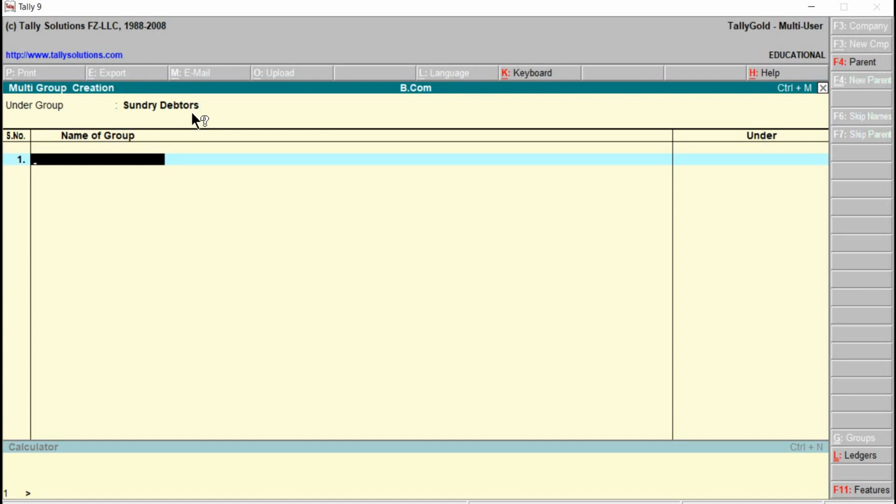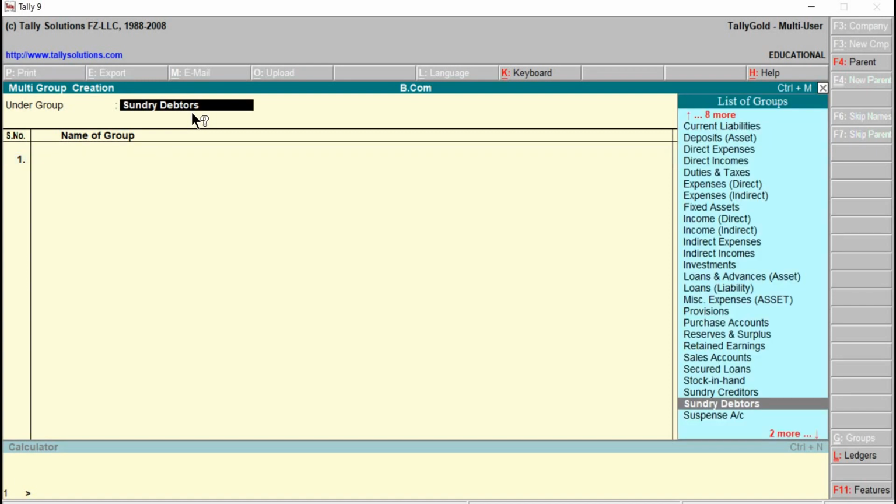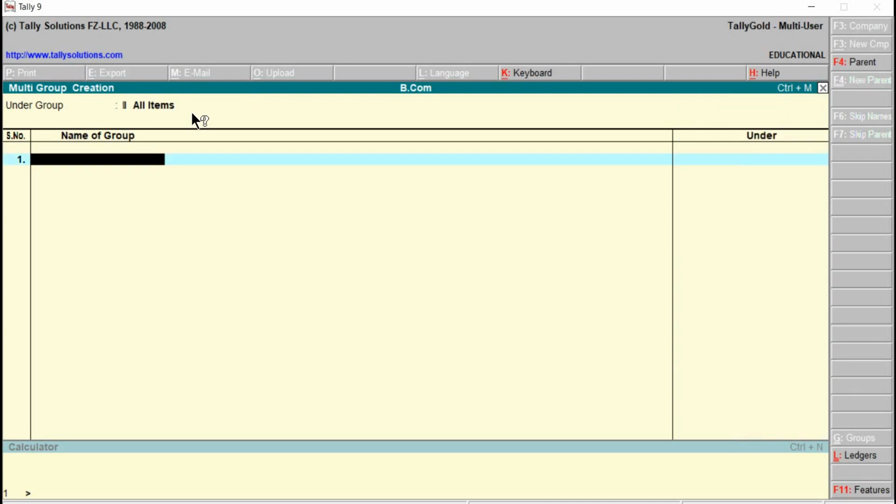Okay, right now we will be back here. I just go back. To go back, just press here the backspace key. Right, we will select here all items. Okay. All items. Okay, then here we will create a list of groups and those groups are allocated under different predefined or built-in groups. Okay, let's take here an example.